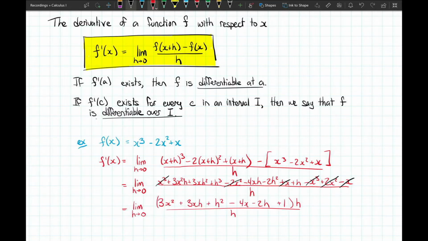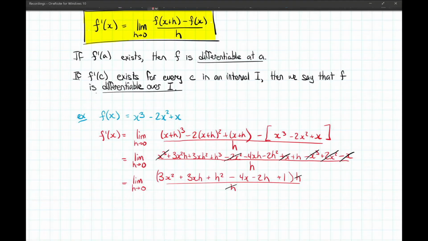Now, the moment that we can cancel out h's, we can then evaluate the limit as h goes to 0 by plugging 0 in for all of the h's. And what we should end up with now won't have any h's remaining. It should only have x's. 3x squared. Skipping the terms here that go to 0, we just have minus 4x plus 1. And so,